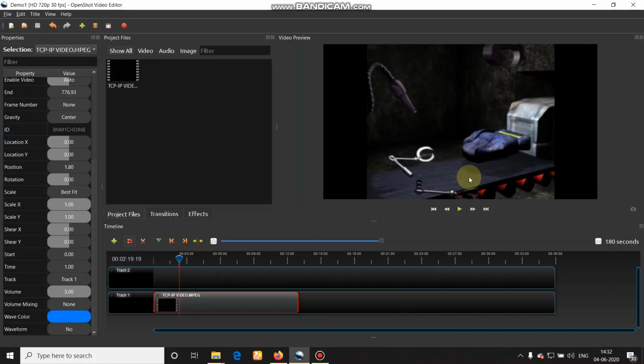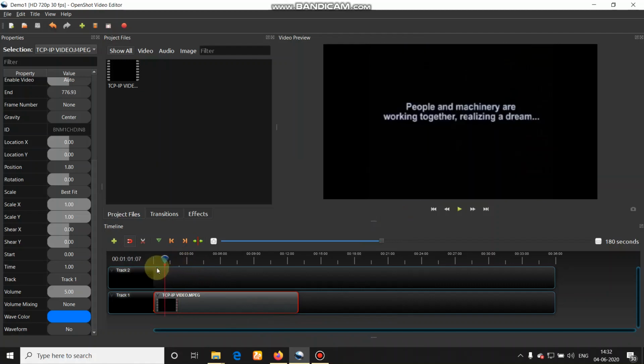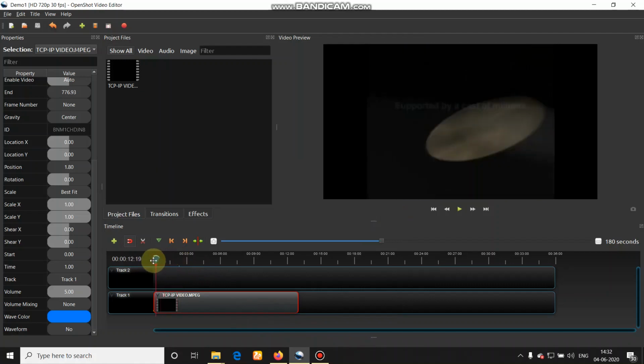Now suppose I want to decrease the volume of the clip. So you can move to the beginning of the clip using the blue slider. At 0, you can set the volume as 0.5, that is 50% of the original volume that you have.